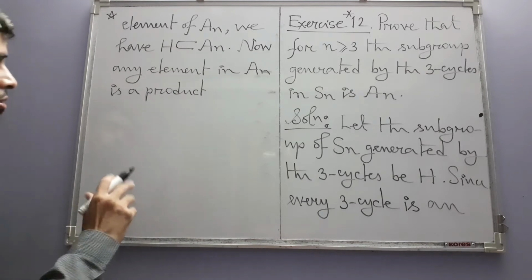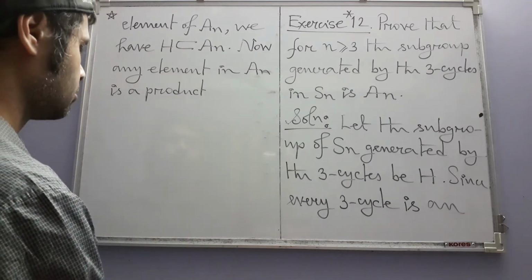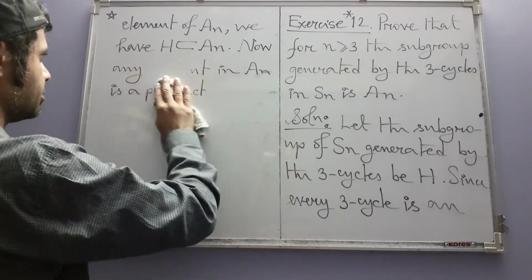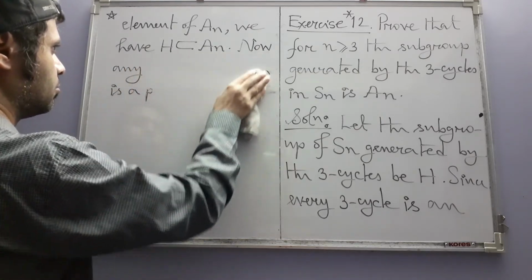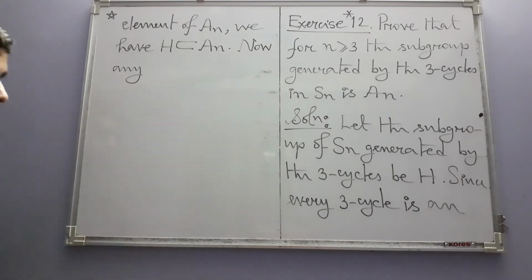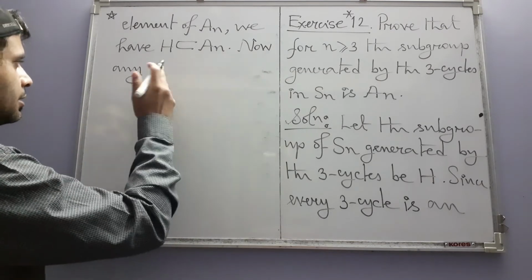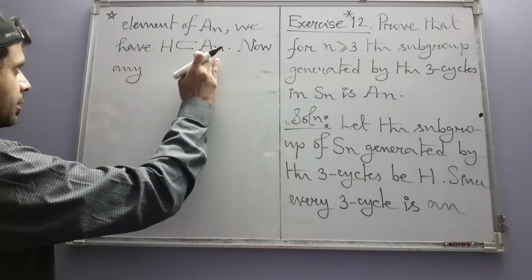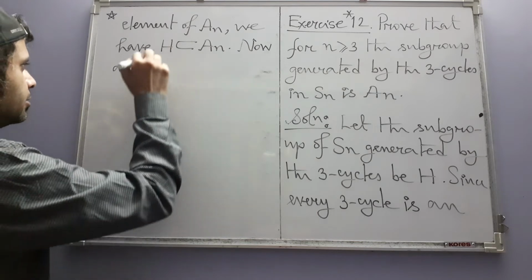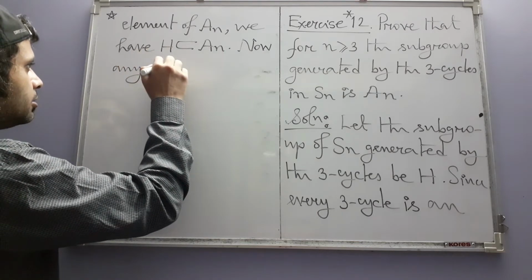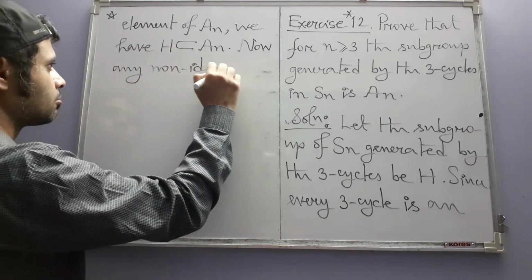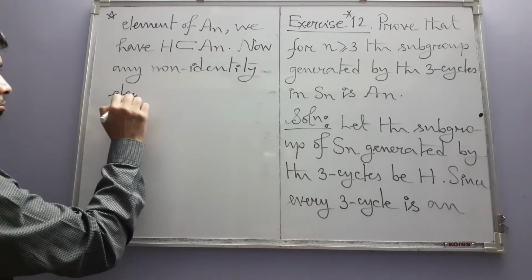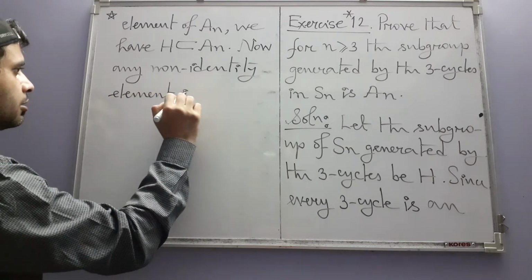If we take just simply any element, then okay, not any element, any non-identity element, let's just take that, because there is no point considering the identity element. If the identity element in An is anywhere, it is also in H. Now any non-identity element in An